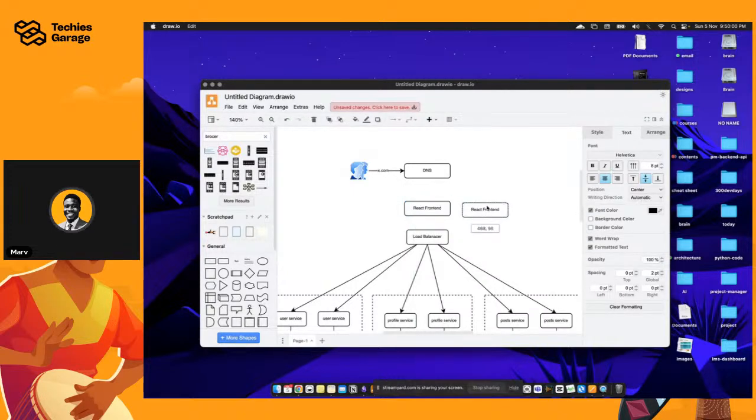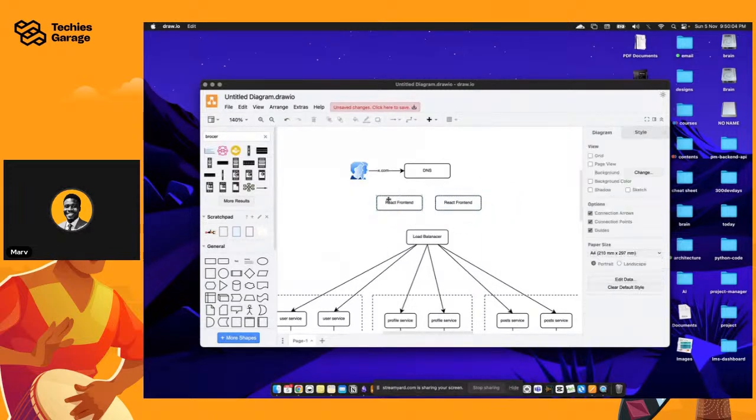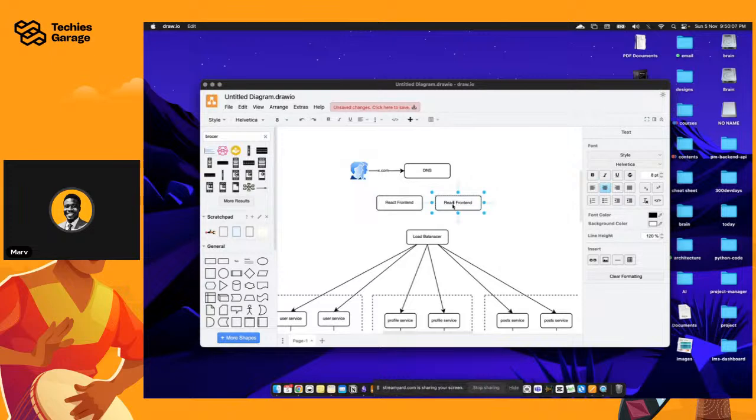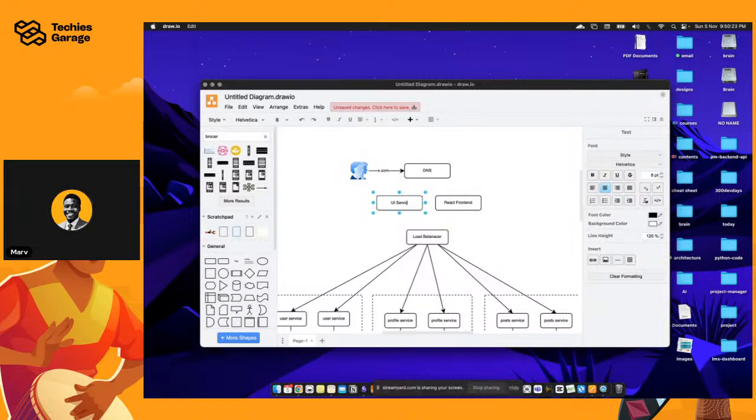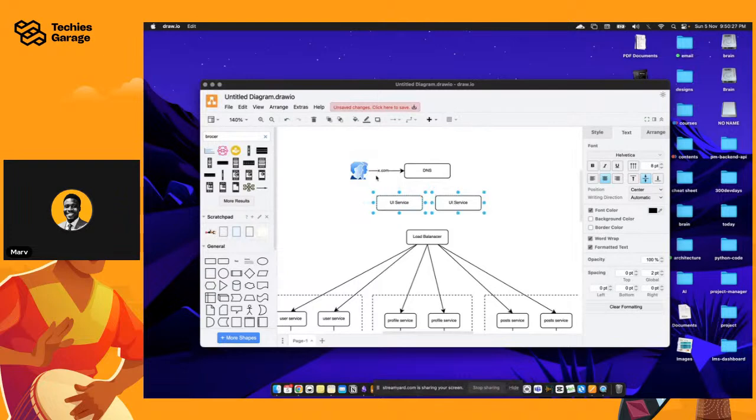All right, so let's just say we have two React frontends, our application running on EC2, for example, or some sort of virtual machine. It can be on Azure, it can be on any cloud service. So we have frontend 2, we have frontend 1, or it can be a frontend and maybe some sort of replica server. But you can just keep it as React frontend, or UI service makes even more sense. So UI service, let's not tie this to a specific technology.